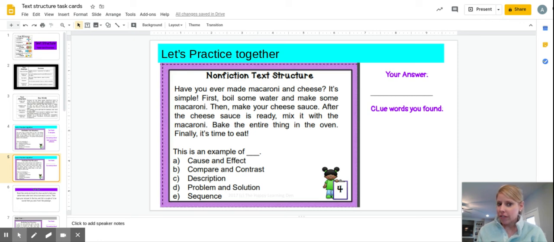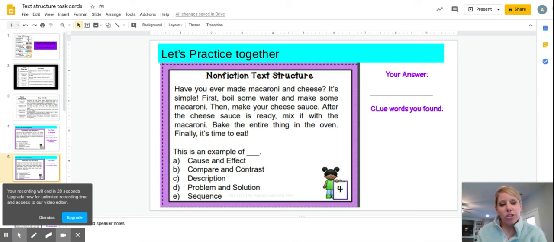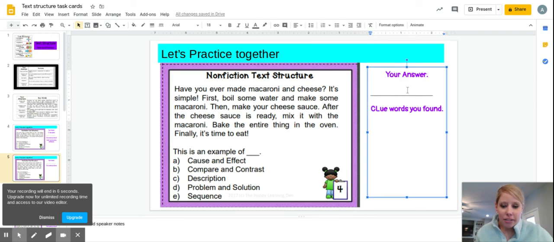So I want you to think for a second. Did you see any clue words in that little passage that let you know what text structure we're dealing with here? Well, I see the words first, the words after, and the words finally. So that lets me know, hey, they are sequencing. They're telling me the order or the steps that I would have to follow to make macaroni and cheese. So I would come over here and type my answer in as E, that this is a sequencing activity. And then I would go back into the story and I would